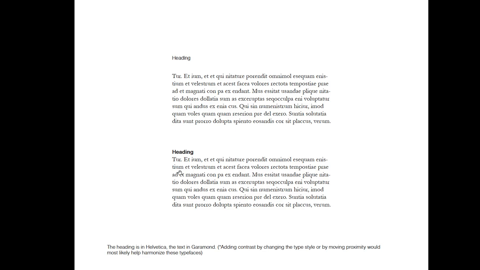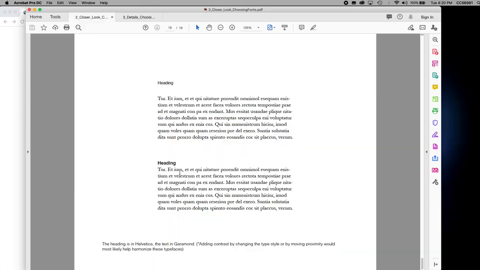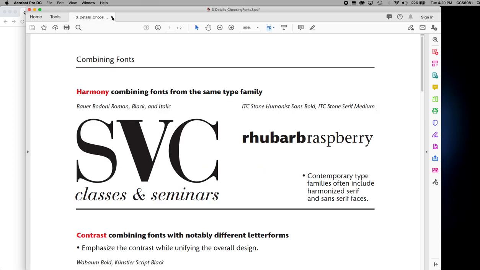In the next PDF file, I'm going to go over little subtle details. And this is the final PDF. This PDF file